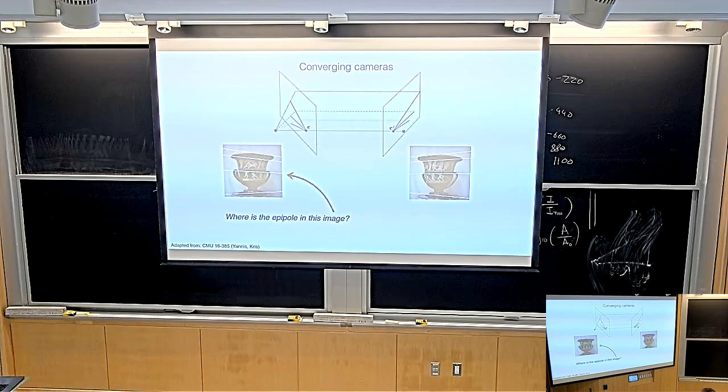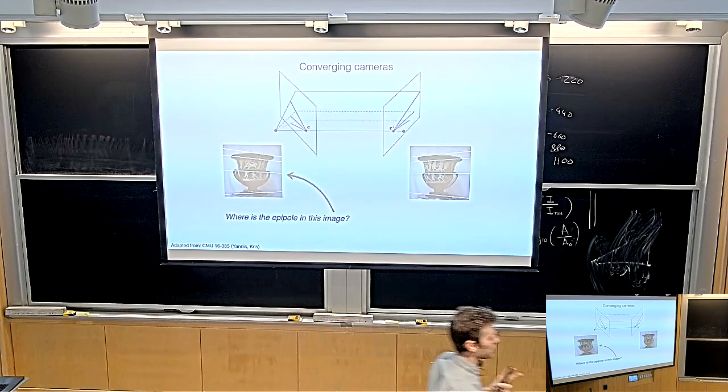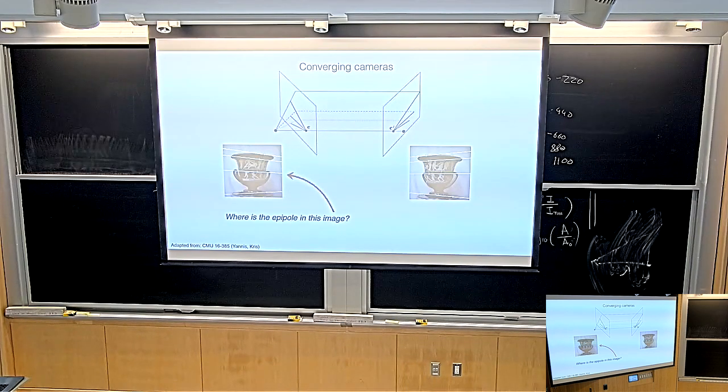lines look like. So here's two cameras that are converging. Which means they are looking, how would you describe converging? Like the point that they're looking at lies between the two cameras. Okay, so that makes sense. And what do the epipolar lines look like? They look like this. If you take a ray and you project it onto the other plane, it looks like this. You can see exactly this property: if you take this point here, and look at the epipolar line of this point in the other image, the epipolar line will look like that, and you can tell that the corresponding point lies on that epipolar line.